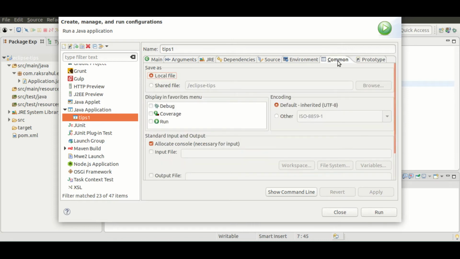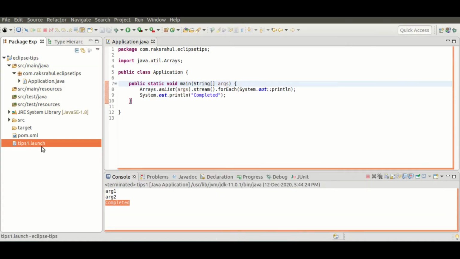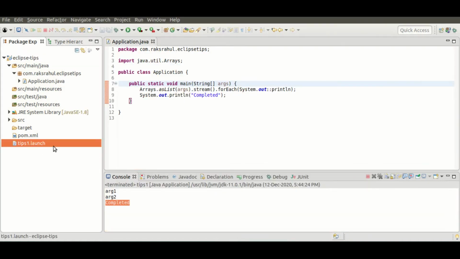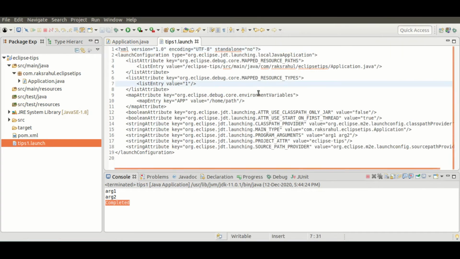So just go to the common tab here. So instead of this local file, you will have to select share file and just apply. So you can see here Eclipse has created a tips1.launch file here. So this is the file which will contain all the run configurations required for this application to run. You can share this file with others and they can use this file to run the application directly without manually configuring